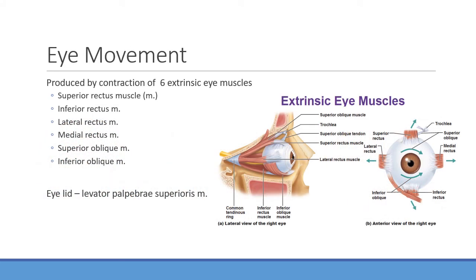Anyway, so how do we move the eye? How do we get that moving? Okay, so there are a couple of cranial nerves we're going to see. Cranial nerve number 3 is going to be one of the big ones that helps to move a lot of this, but a few more are involved here. So, 6 extrinsic eye muscles. These are the main things that are going to be moving our eye around.